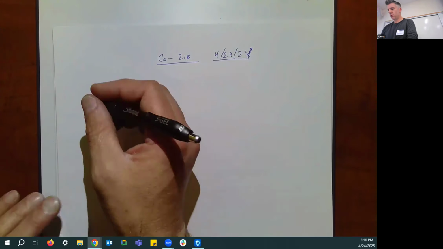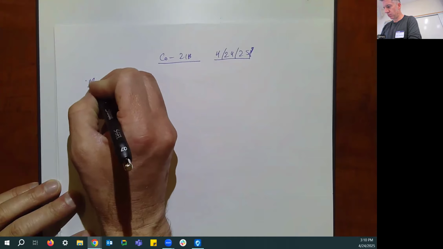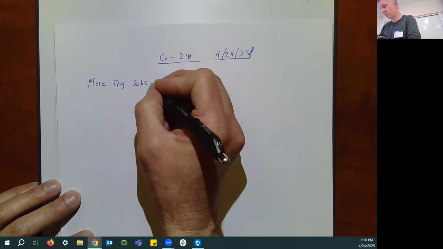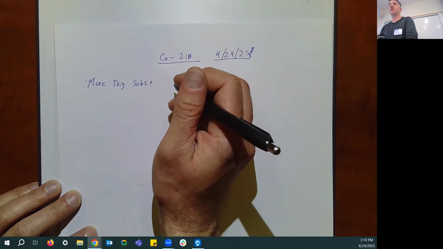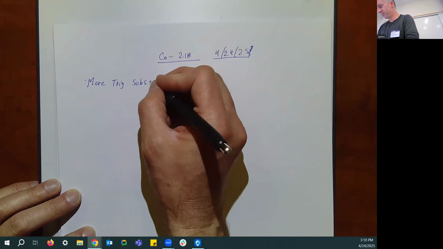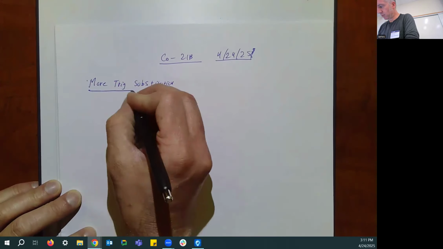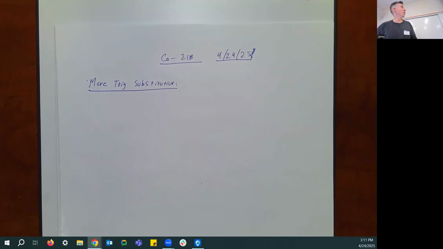Okay. More trig substitution. Not to be confused with U substitutions where you're using trig functions. So here's what I would say in the hierarchy of what to do, or the flow chart of what to